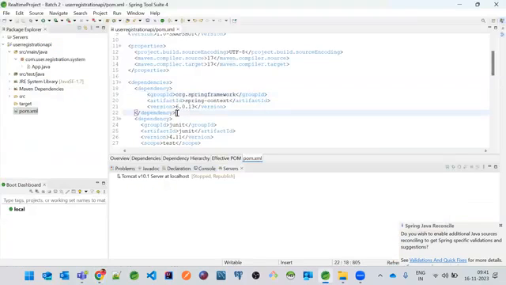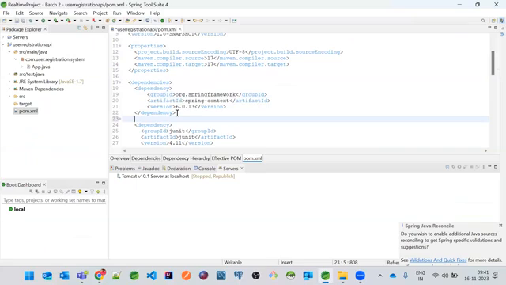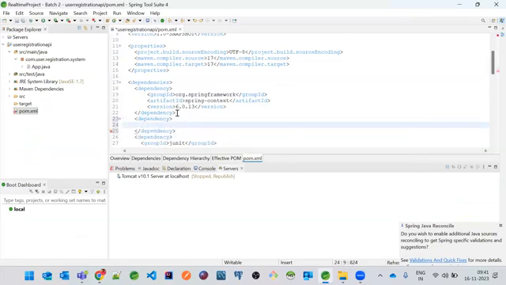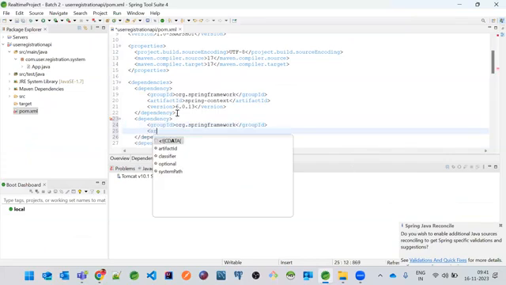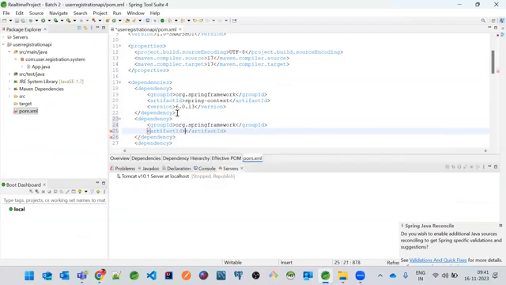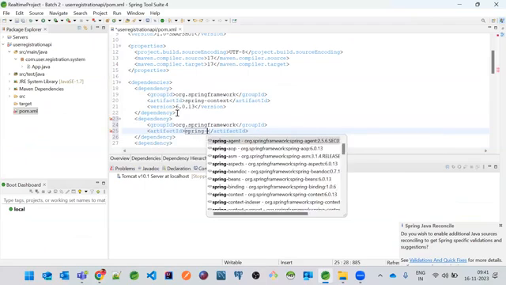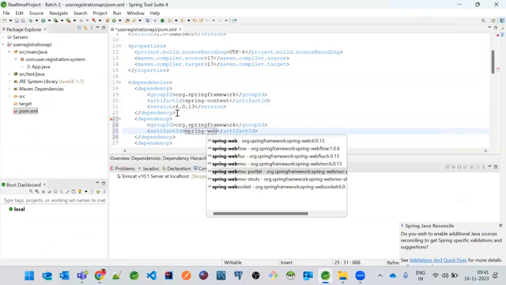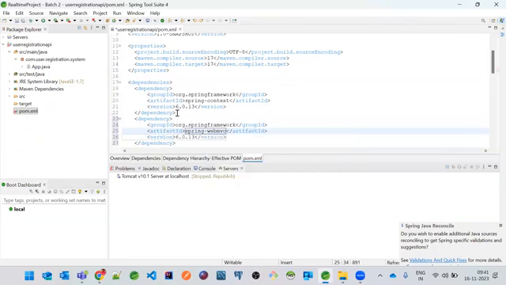Now I just have to make this application a web application. There is something called Spring Web MVC. Okay, so I just wanted to add that one as well. Group ID: here I just wanted to add org.springframework, and then probably followed by the artifact ID. Here I wanted to add spring-webmvc. We need to add web MVC. Okay, because this is from the Spring 6.x version, so we need to add this.